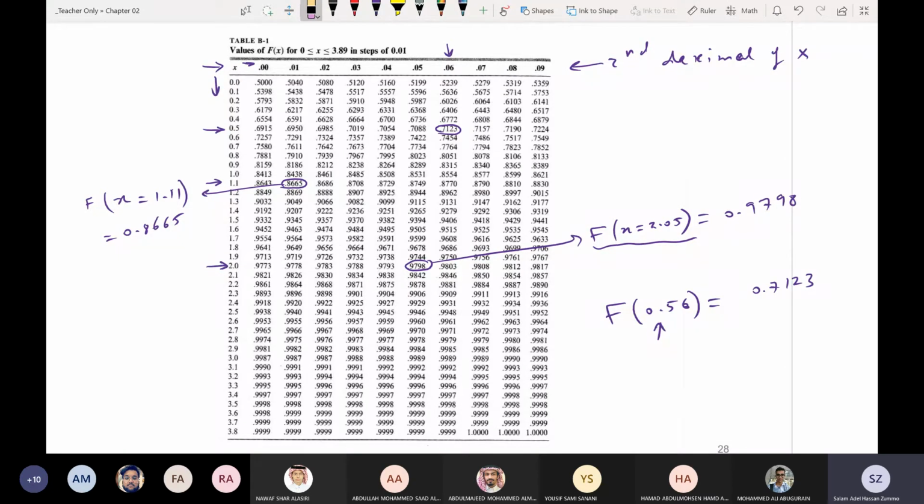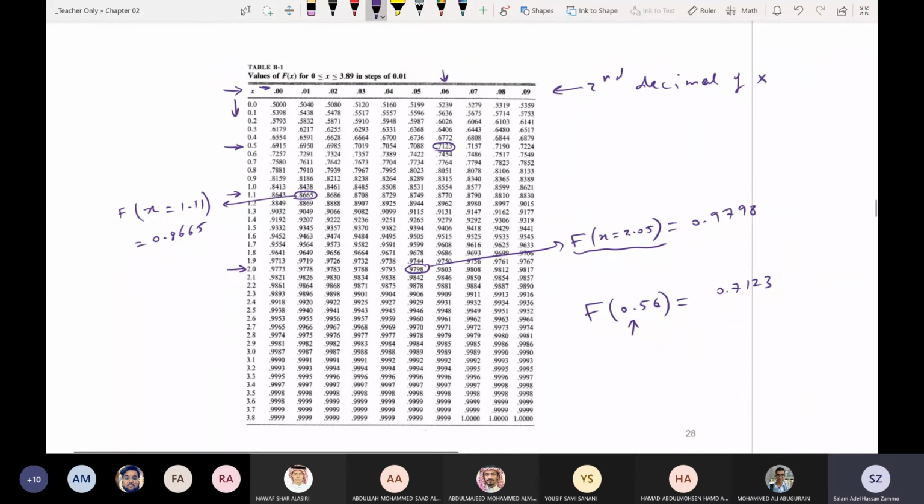Any questions, guys, on how to read the table? So the y-axis here is the value of x. The x-axis is more details in the second decimal of x. Guys, any question? How to read this? Because this is always a question in every midterm and final. The table will be given, right? Of course the table will be given. It's not to memorize it for sure. But you should understand how to read it.